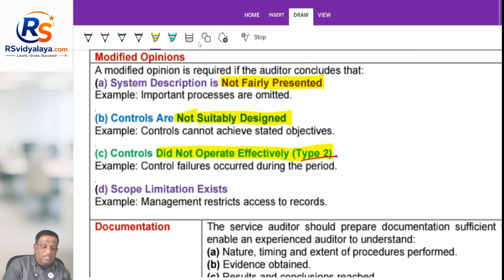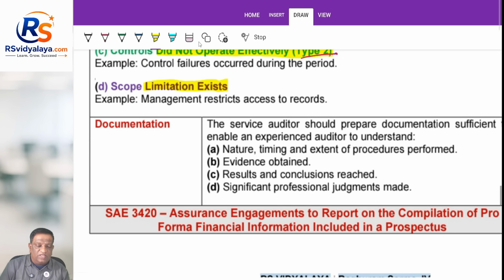And then any limitation. This is a routine one, because in this case, since the service auditor is not a statutory auditor, there could be certain limitations imposed by the management. So, what are those limitations? He would give details of it. So, with this, the discussion on this SAE 3402 would come to an end, and the last piece in that